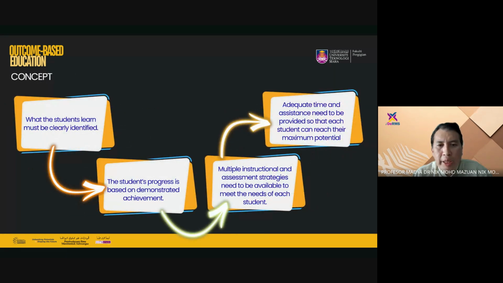And for the concept of OBE, we keep thinking about what we need to do, what we need to apply, so we have to know that the student must know the outcome. What students must know is what they need to know. So we need to tell them what they need to learn. Okay, so how do we tell them? SLO. So at the beginning of your lecture, you have SLO, right? And also in the handbook, you also put the SLO. So that is actually OBE compliance already.